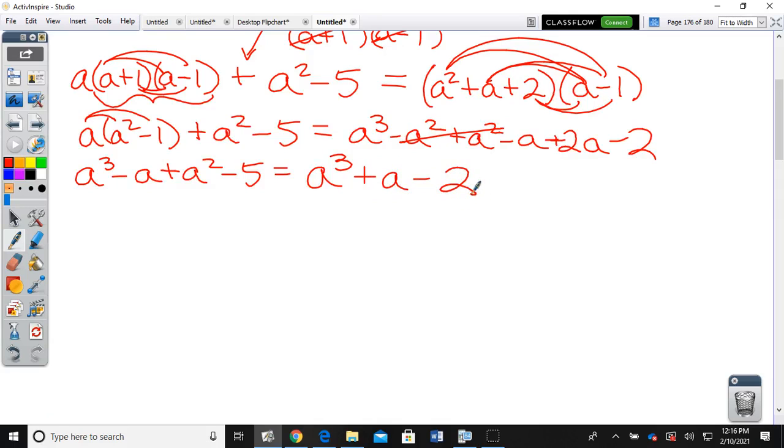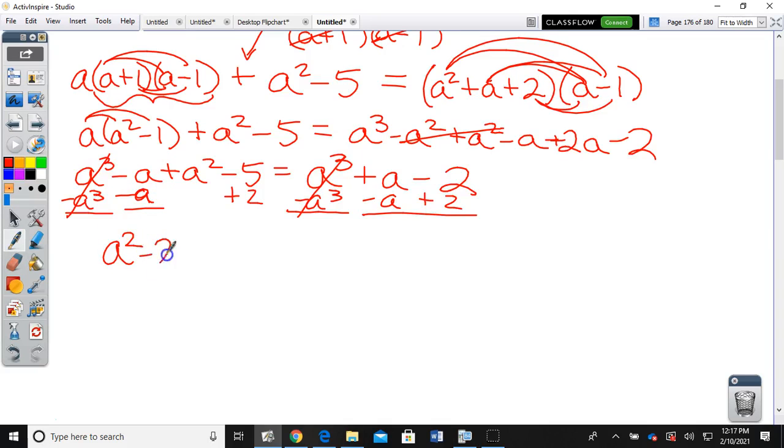And now we get all our a's on one side, set it equal to 0, and solve it. So, if I subtract my a cubes, what's going to happen? They also cancel. That's a good thing, because solving quadratics is way easier than solving cubics. Move my a over, and my 2 over. And I'm going to write this in the right order. So what should come first over here on the left? A squared minus 2a minus 3